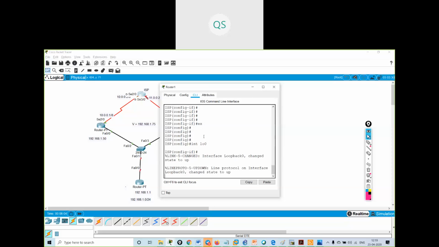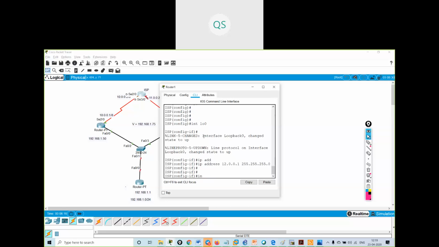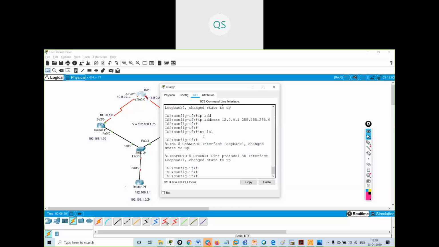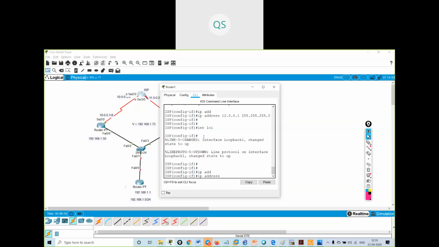I will create some loopbacks also. Interface loopback 0, IP address 12.0.0.1/24, then interface loopback 1, IP address 12.0.1.1 255.255.255.0.